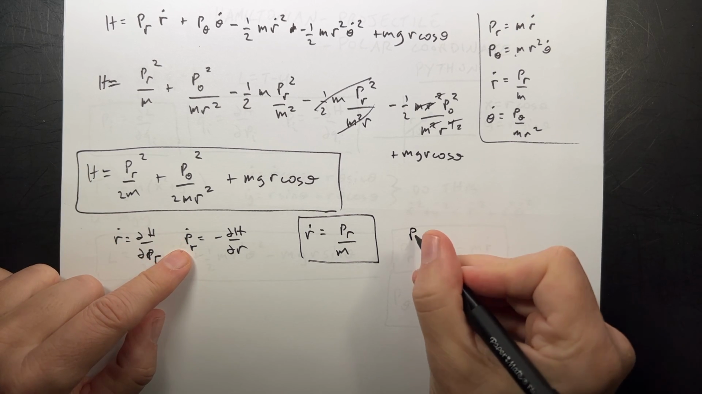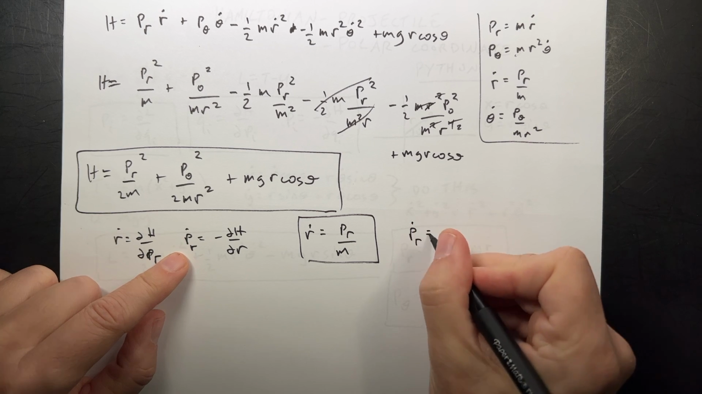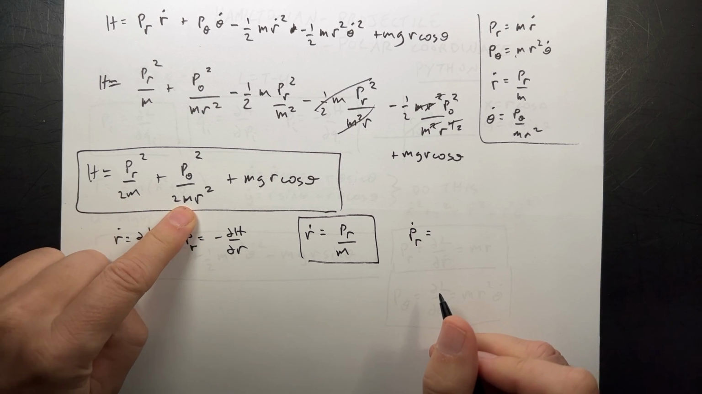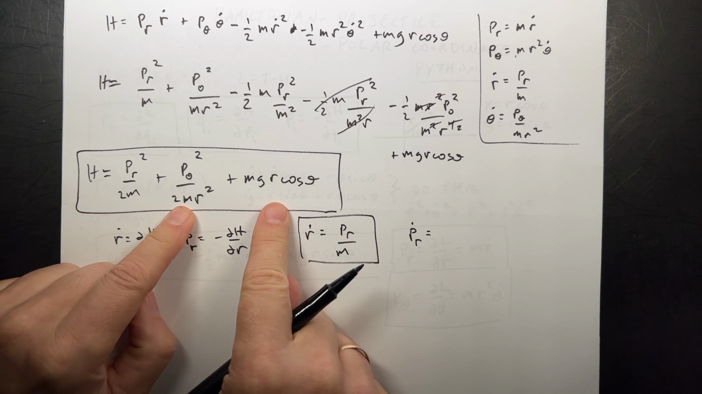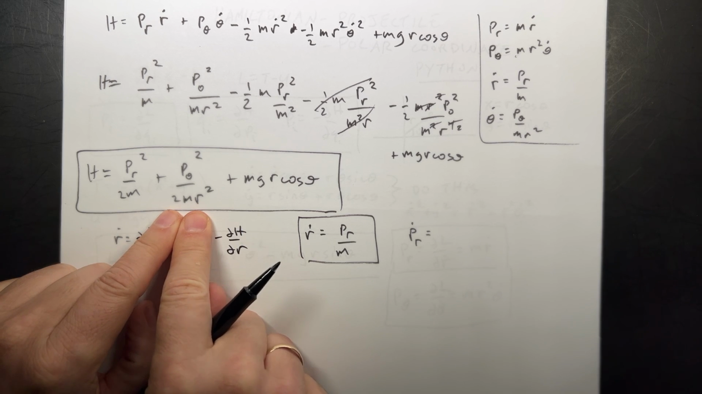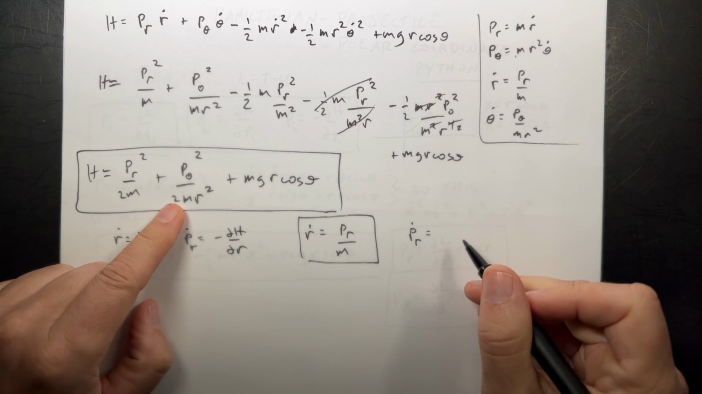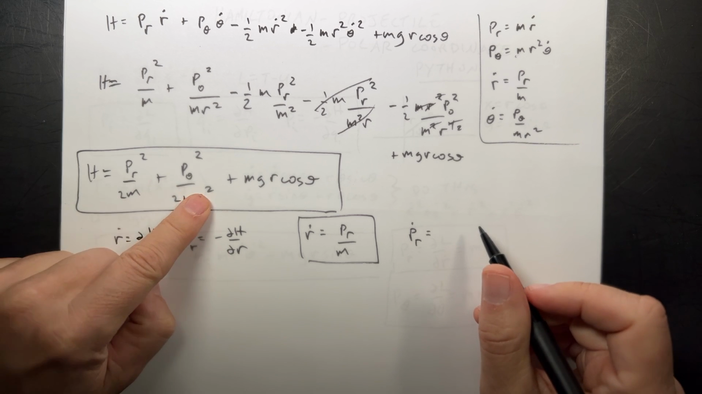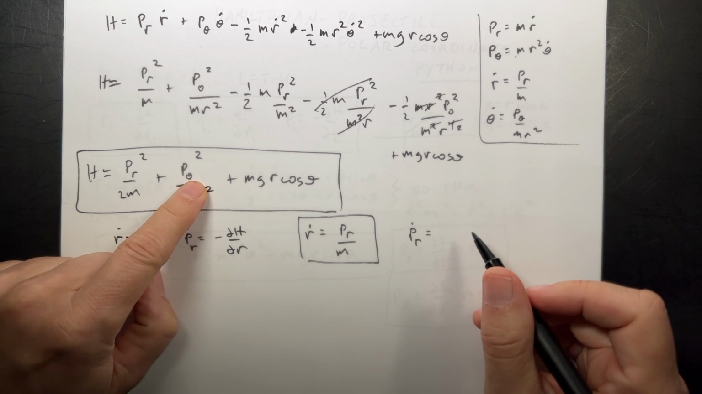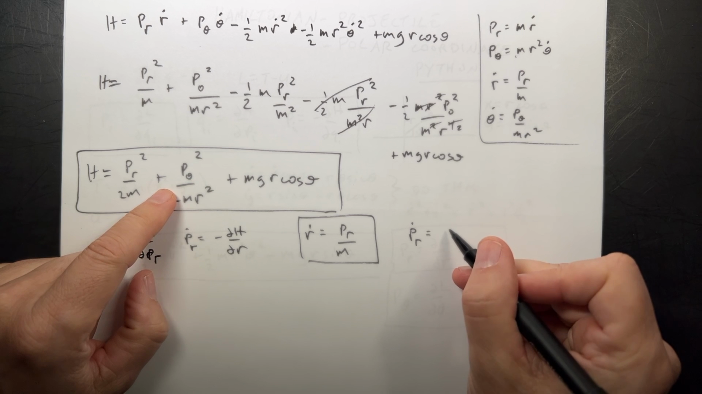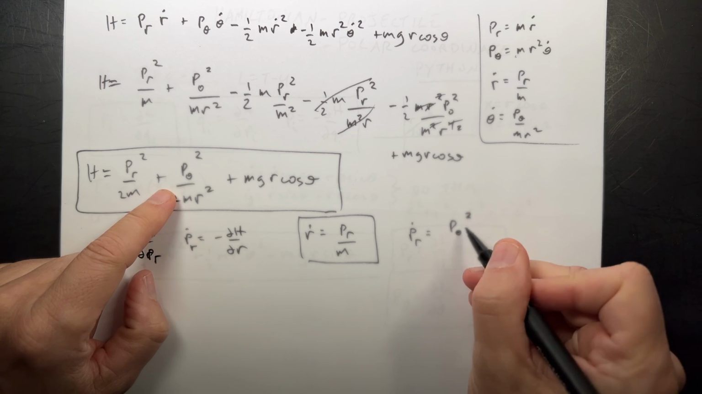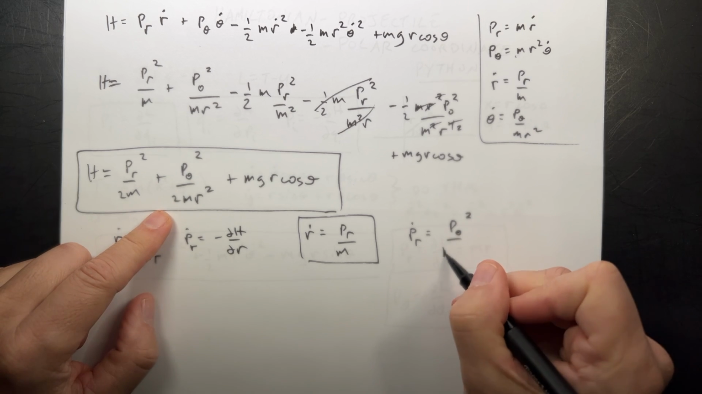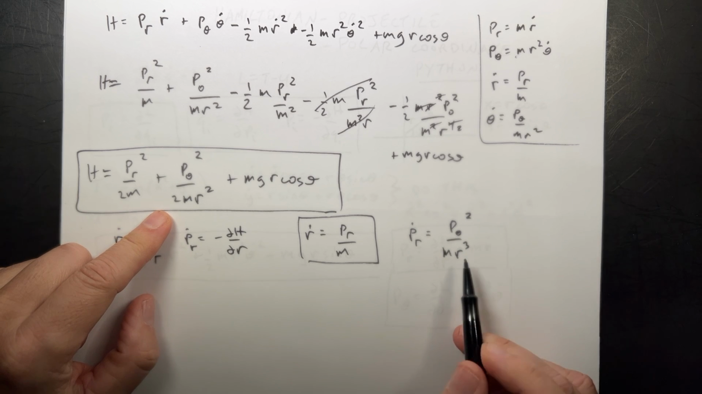And then pr dot is going to be the partial of this with respect to r. Well, I do have two r terms in here, right? So I have to take the partial of this with respect to r. So I'm going to get, there's a negative sign, right? I have a negative sign. But this, when I take r to the negative 2, I'm going to get another negative sign. So I'm going to get p theta squared over m r cubed, because I'm going to decrease that by